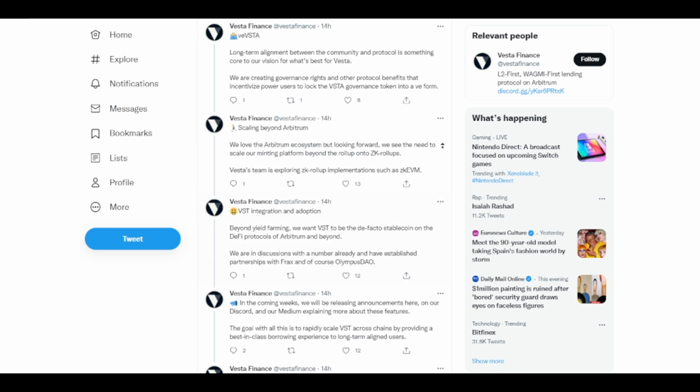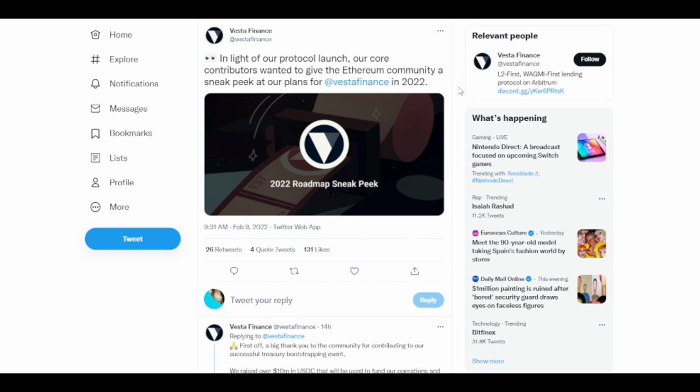So one thing notable about Vesta Finance is that they've got a bunch of notable DeFi whales on board. So if you're familiar with Tetranode, he's a prolific Ethereum investor and very active in DeFi. So he's quite notable. He's putting his backing behind Vesta Finance. So usually that gives you an indication of a quality project. Not to say that you should go ahead and copy trade him and buy the token.